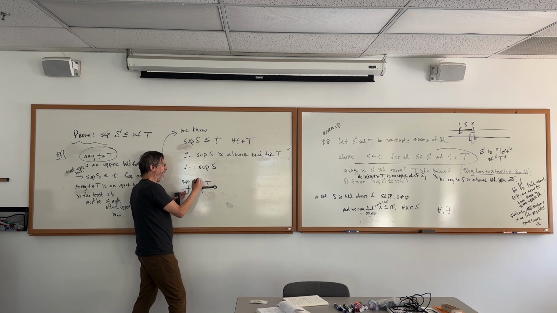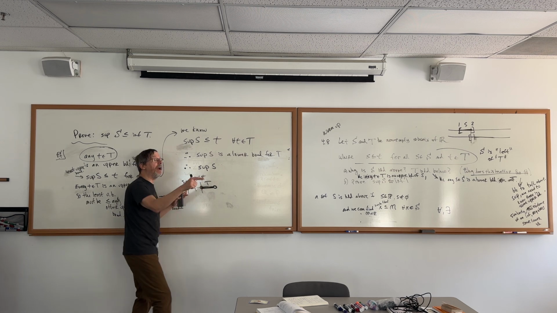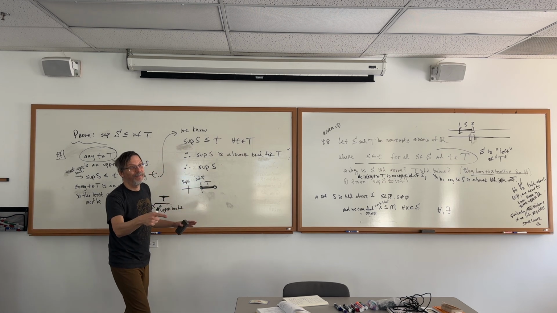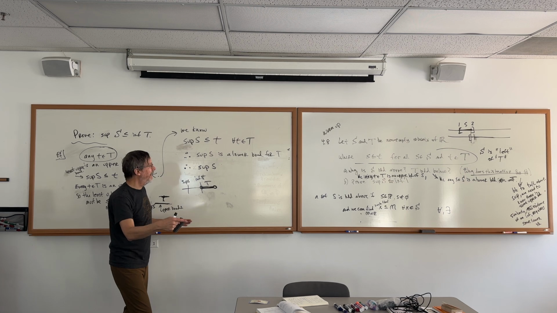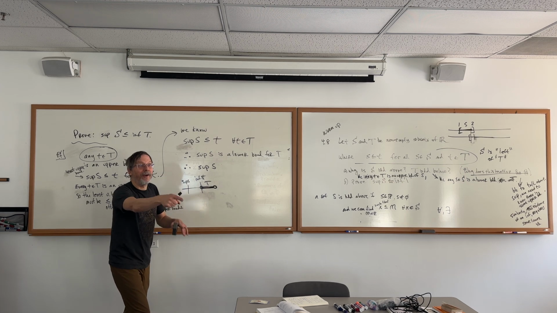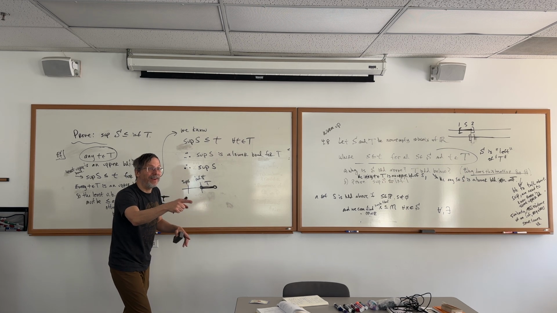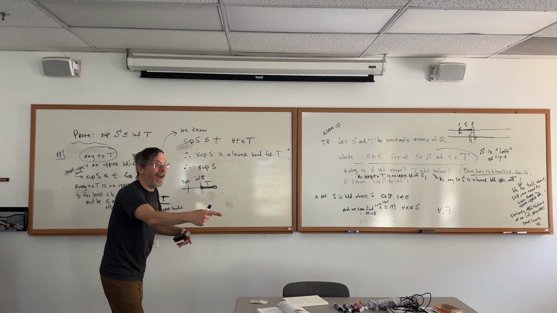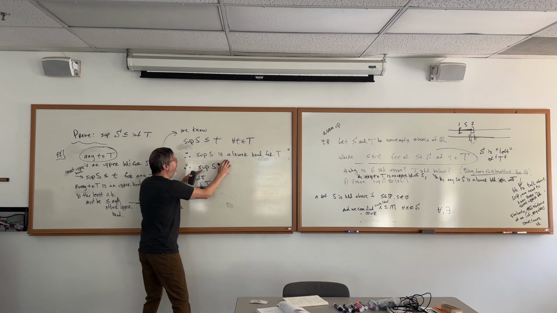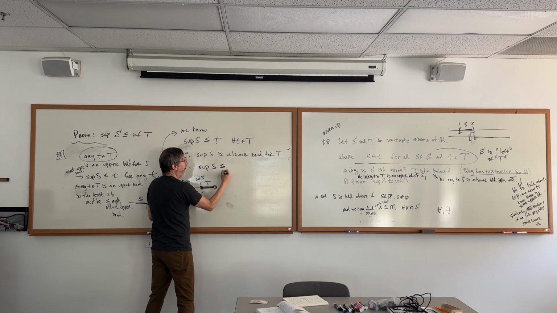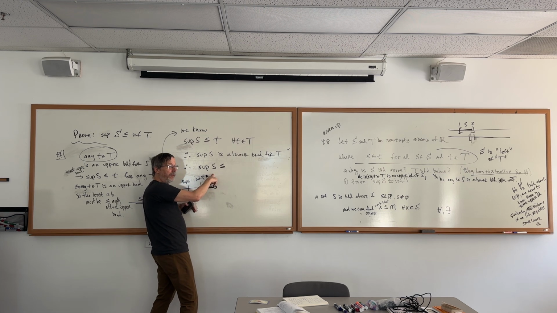So here's the inf, so I have the greatest lower bound. What is true about the greatest lower bound compared to any other lower bound? It's less than or equal to. It's bigger than or equal to. Oh, bigger than? Yeah, because it's the greatest lower bound. Yeah. So if this is a lower bound, then the greatest lower bound must be to the right of this. It's the biggest of all the lower bounds.